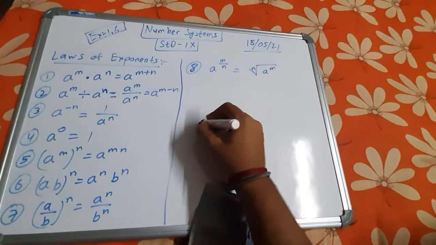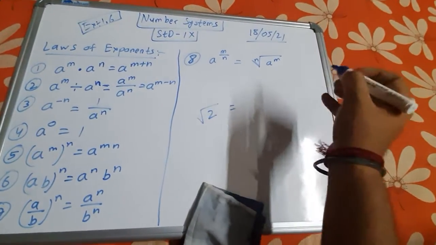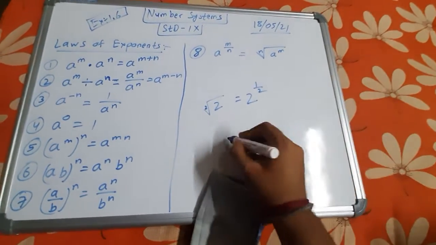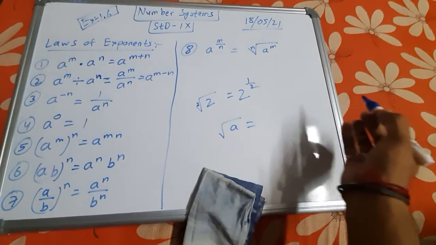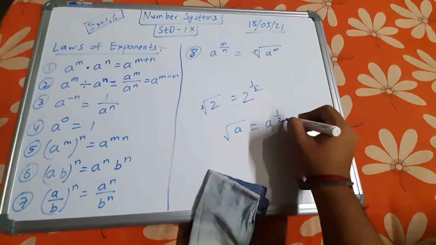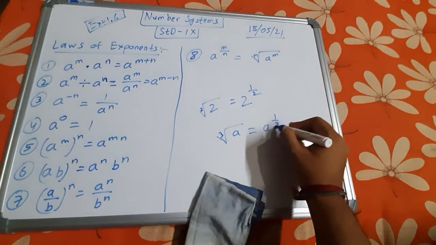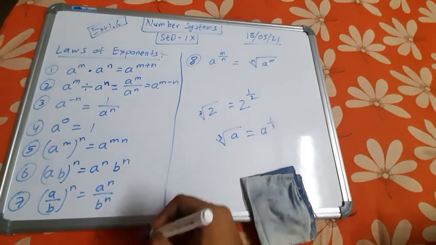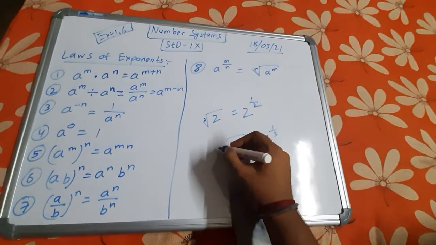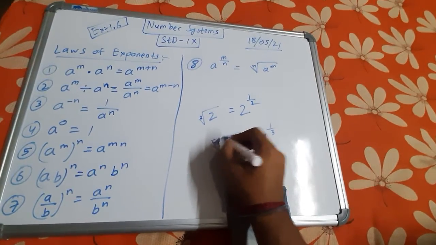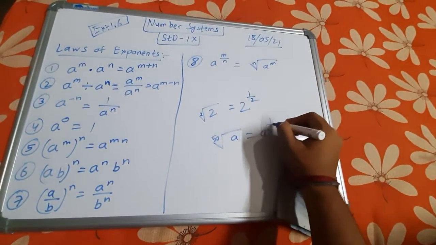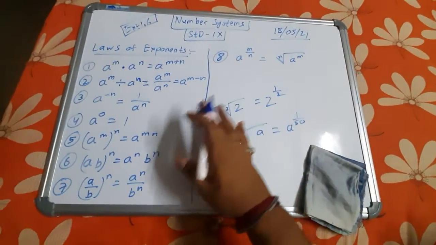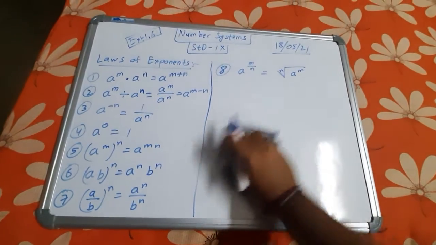Now from this one I can also write square root of any number as that number to the power half, because over here there is an invisible 2. Suppose root over a, it can be written as a to the power half. Suppose it's a cube root, then it will be a to the power 1 by 3. If you take 50th root, then it will be a to the power 1 by 50, like that. It will go on like that. So these are all the laws of exponents that we will be using in this chapter.